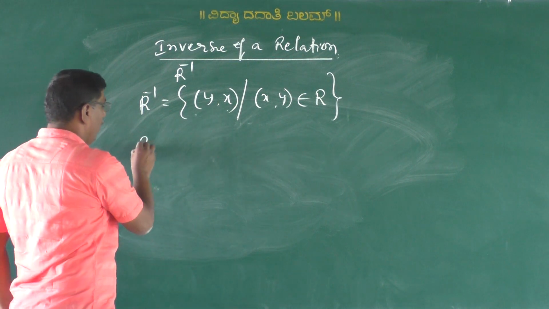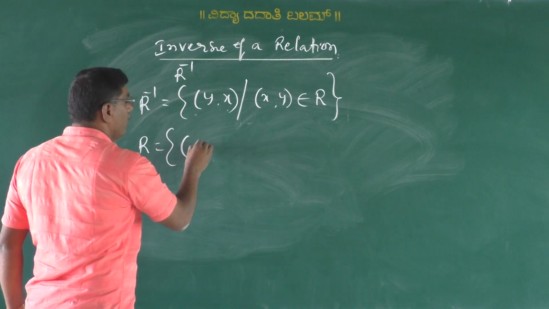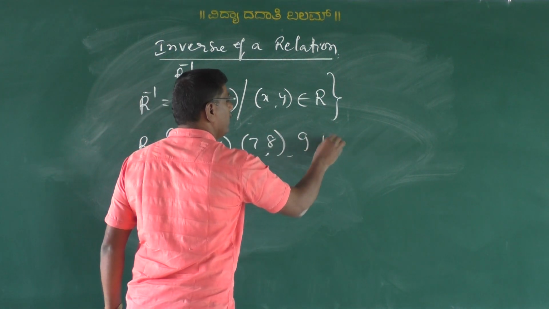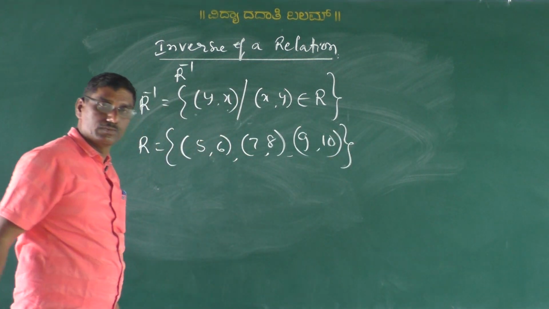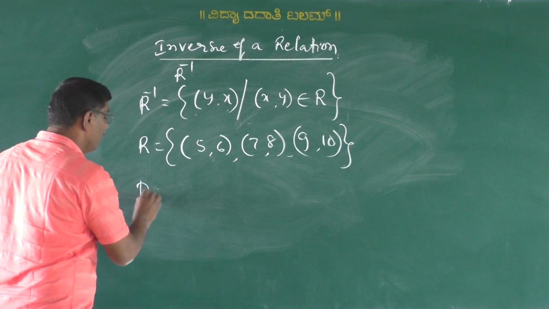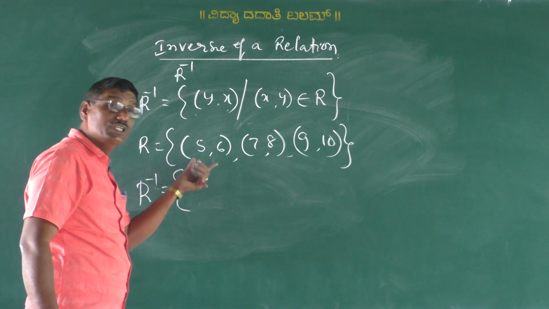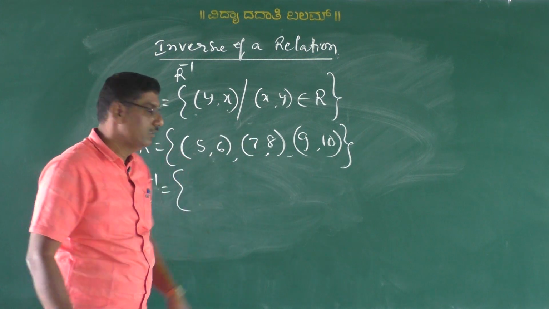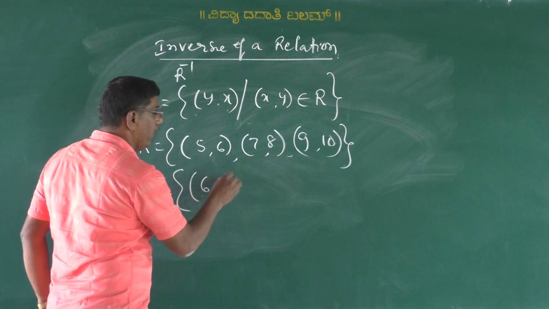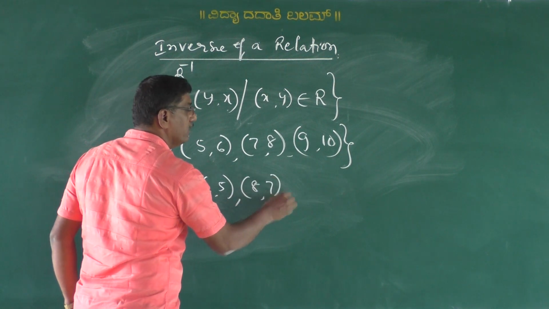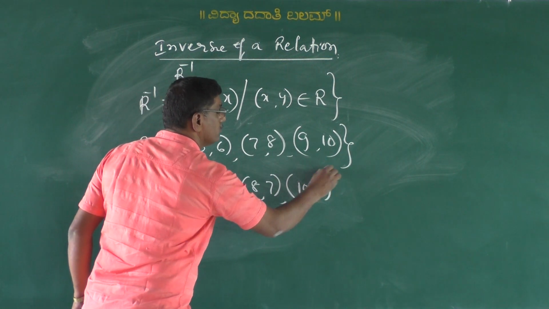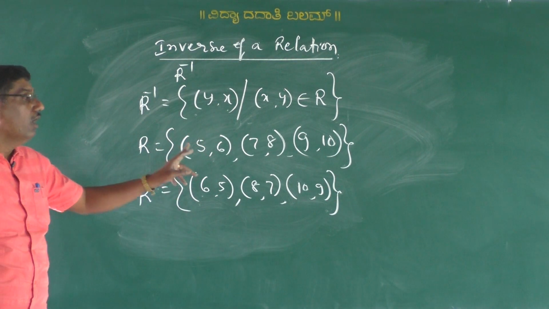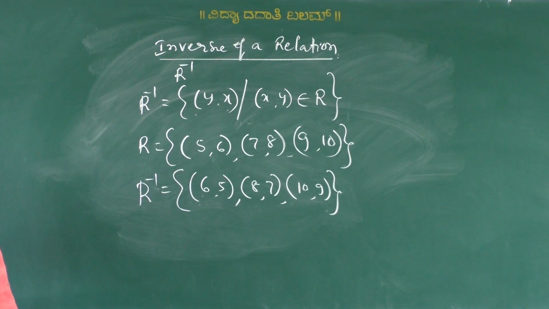If R is equal to the set of all ordered pairs 5 comma 6, 7 comma 8, 9 comma 10, this is an R. Then R inverse can be written by interchanging the elements of the ordered pairs of R, that is 6 comma 5, 8 comma 7, 10 comma 9. This is called R inverse. That means, my dear students,